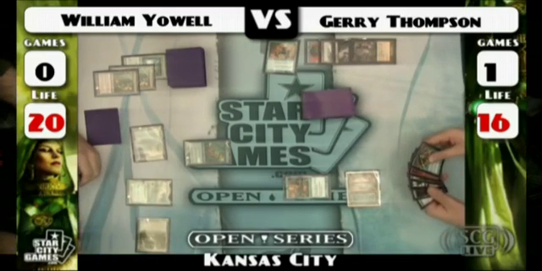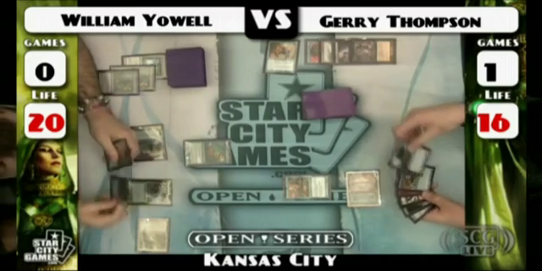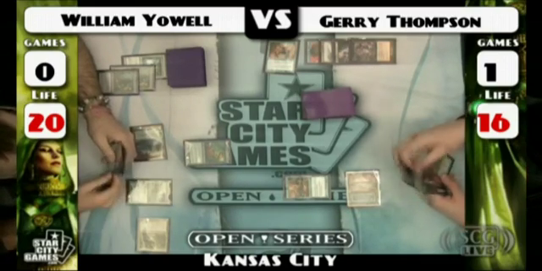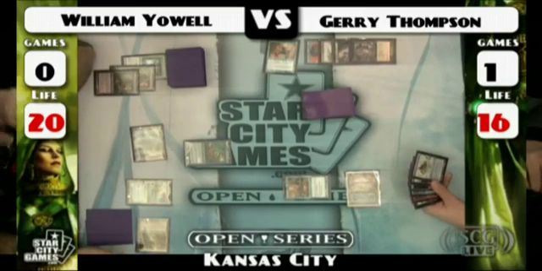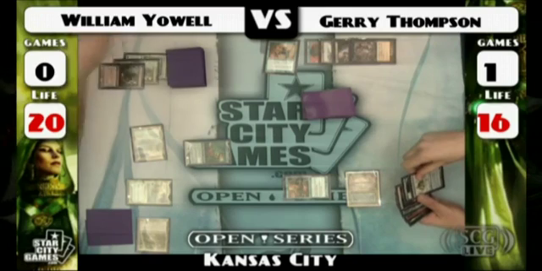Gerry's saying discard the Yankee. I thought it was Hapless Researcher. Why do they look the same? Sure, does he have another Force in hand? And we get Inkwell and Minamo. It's probably discarding the Yankee. I mean, there's no reason not to. It's a Force of Will target, but